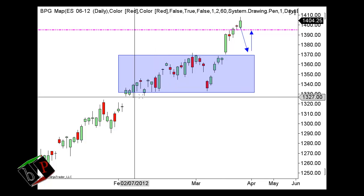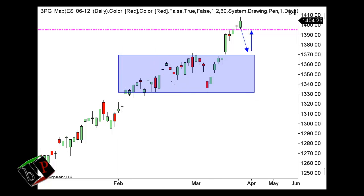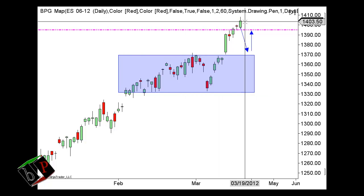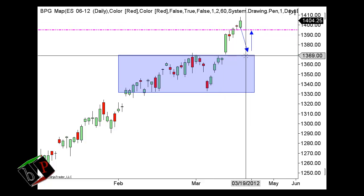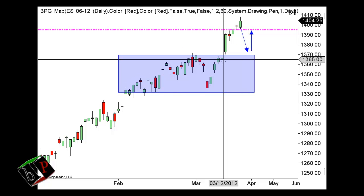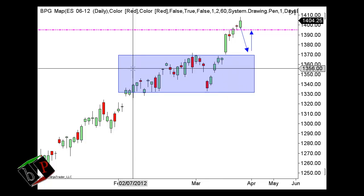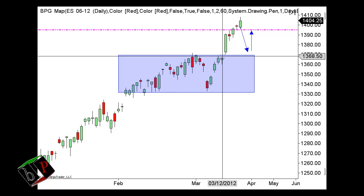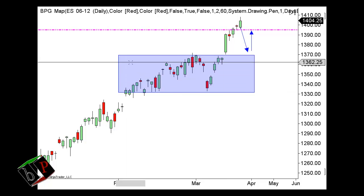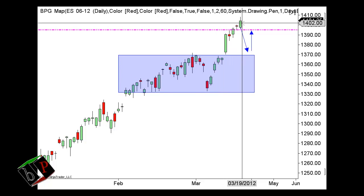This is probably the nicest thing we've seen since the beginning of February. It was nearly about a month of balance, and then we broke higher. So structurally, and again, if this comes back inside of here, this would actually be very bearish, because we had nearly, well, it was more than a month, wasn't it? This is March 12th. This day here is February 3rd. So you've got over 20 days of trade that was pretty much balanced trade, broke out,